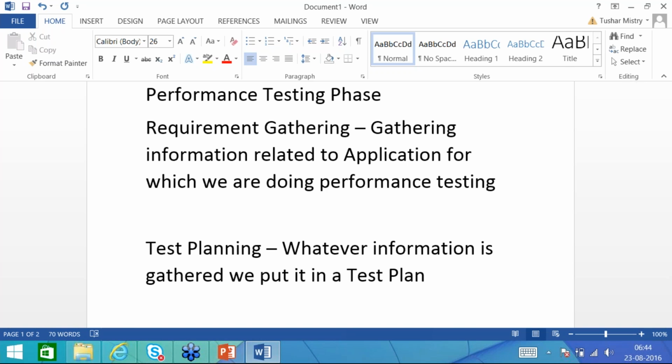So I will just open the default template that we are going to go through for the requirement gathering phase. Because whenever a project comes, team, we need to understand our application. We are not knowing anything from a performance testing perspective, so we should ask questions to the client.